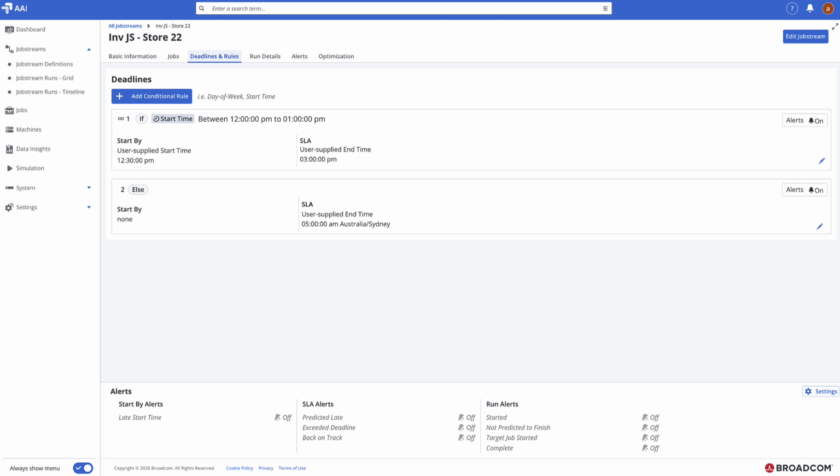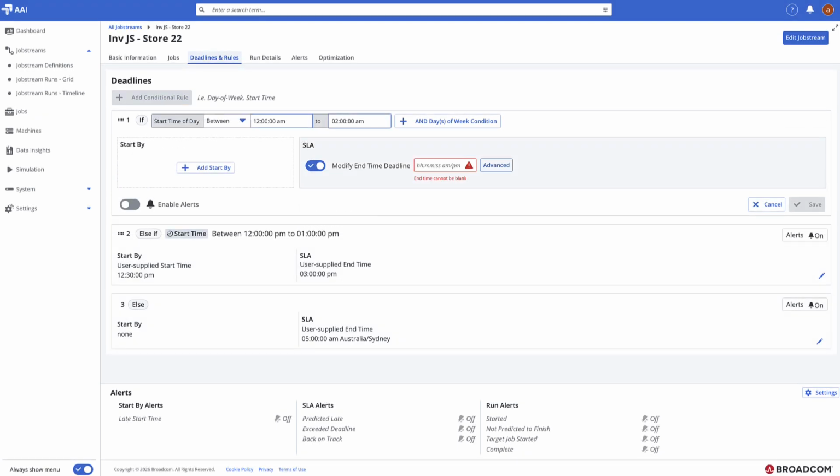For this run, we will set another end-time-based SLA by clicking on the Add Conditional Rule button again. Here, we will begin defining the next set of rules. We will select the window between 12 a.m. and 2 a.m. In the SLA field, we will set the deadline to 5 a.m., ensuring all overnight processing finishes